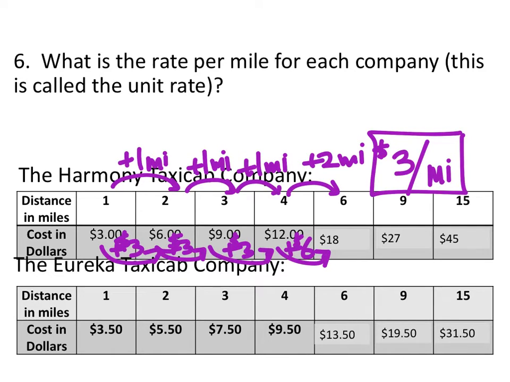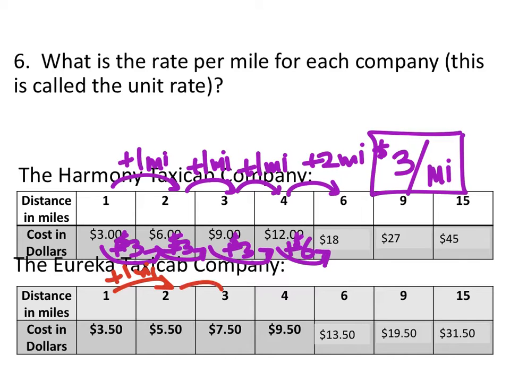Now, you guys notice I put the slash there instead of actually writing the word per. Yep, I'm that lazy, man. Okay? So the next one, for Eureka, same idea. We don't really care about where they started, even though we may know that if you went 0 miles in the taxi cab, they'd still charge you $1.50, it looks like. And there are reasons for that. We're not going to get into that right now, but yeah, again, it shows another 1 mile right there,